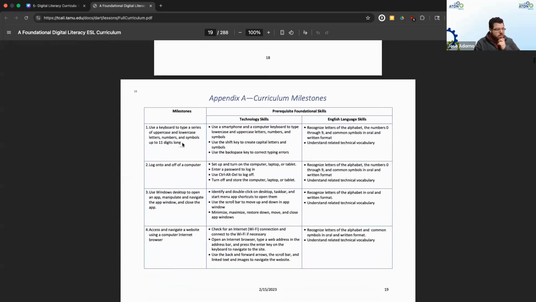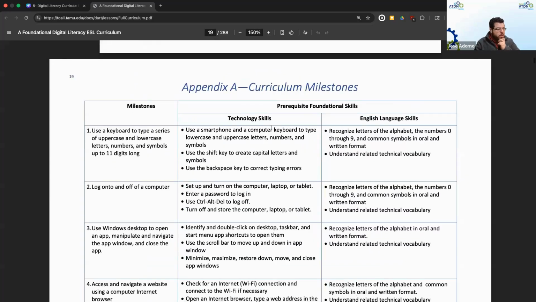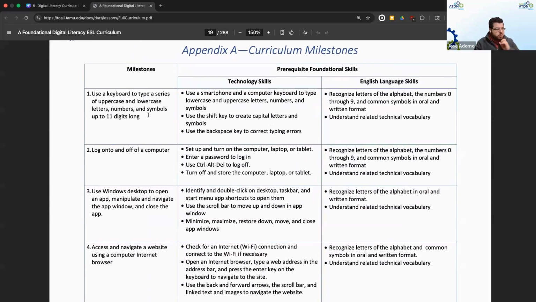And we're going to go into 19. I'll zoom in a little bit so you guys can see it. Follow along. Here you'll have your milestones, which are more specific. As you see here, 11 digits long. Typing. I'll use a keyboard to type. Yeah. And then what is required in both technology and English language skills.